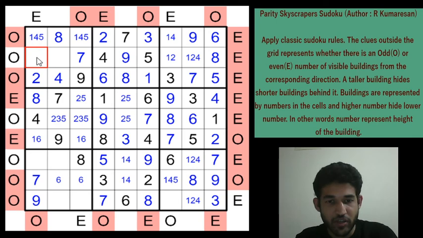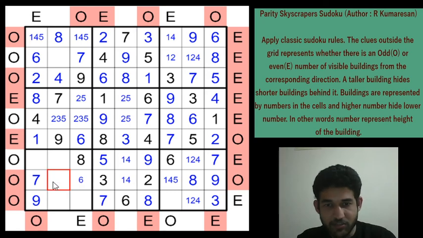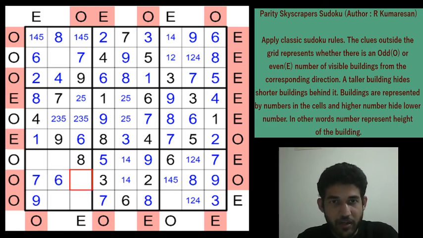So 6 has to go in this cell, and that is good for us because that gives a 1 here and a 6 here, and that is pushing the 6 to this cell. We get a 6 here. Beautiful. So along row 8 we get 1, 4 or 5 as remaining digits, and along column 1 remaining digits are 3 and 5, right? This digit cannot be a 3 because 3 is here, so this will be a 5. So this will be a 5 and this will be a 3, which completes the column.